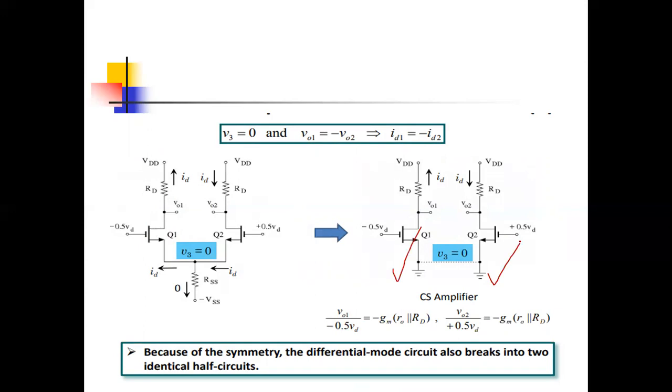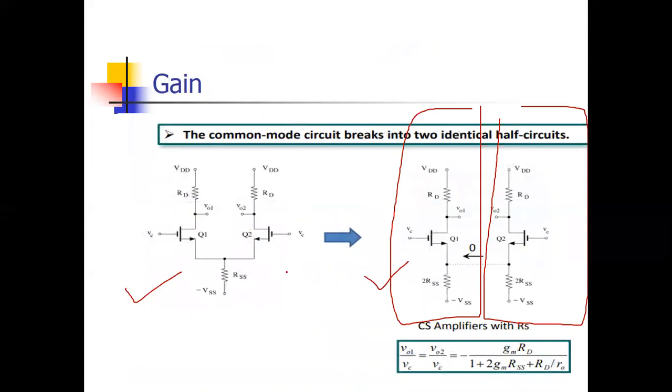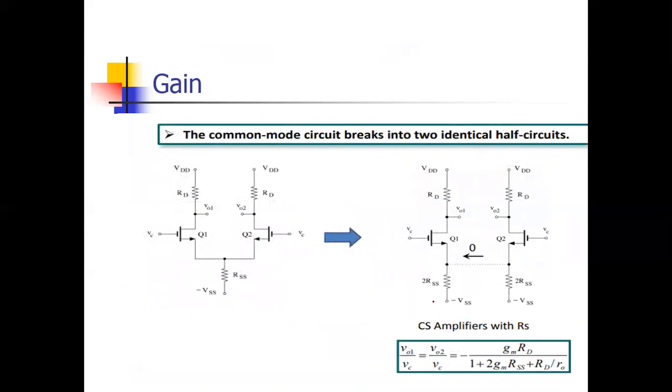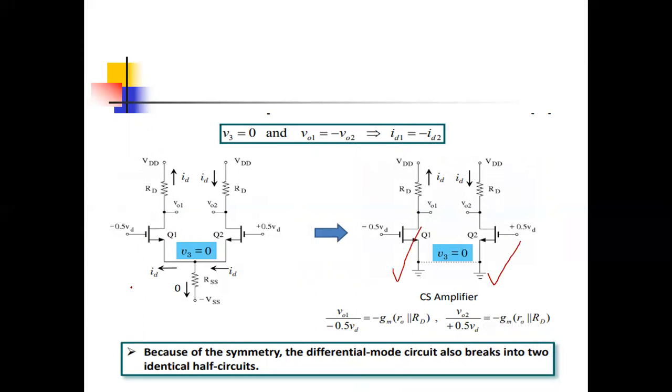That is the difference. In the common mode gain, what happens? This one resistance is divided into two different resistances, R in parallel to R, parallel to R. But in differential gain, that one resistance is also removed because there is no voltage drop across this. When you solve this by the normal small signal analysis method, you will have the gain, and the gain is simply GM times R naught parallel RD.